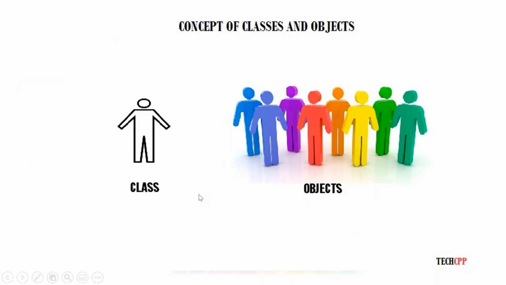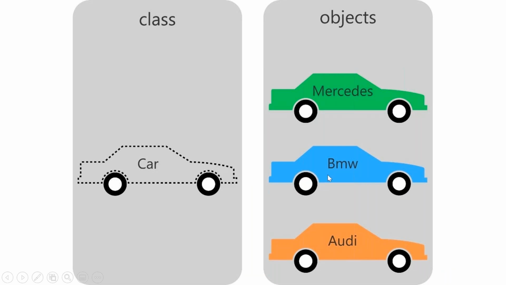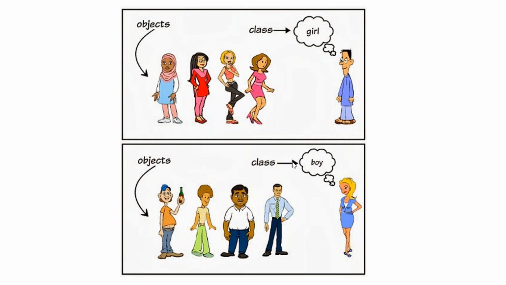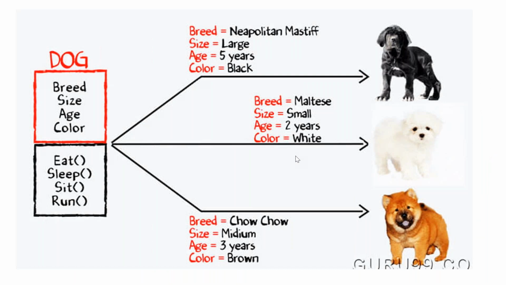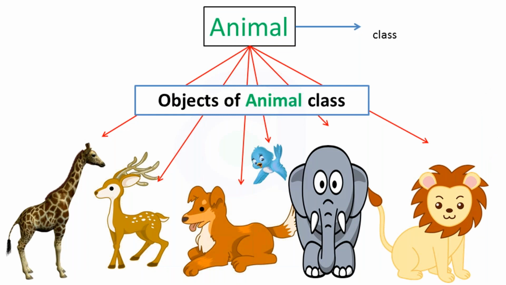So you see that more or less you understand this is a human. Multiple humans are objects. Remember, object. Car is a class. Multiple cars, different kinds of cars, are objects. Girl is a class. Multiple types of girls are objects. Boy is a class. Multiple kinds of boys are objects. This is the one I was discussing because we studied it in our colleges also. I hope you guys remember. Student is a class, and multiple students are objects. So are you comfortable with this? Dog is a class, different types of dogs are objects. Are you understanding, all of you?